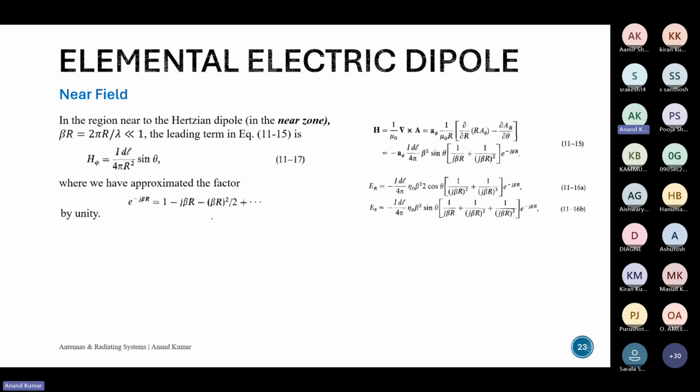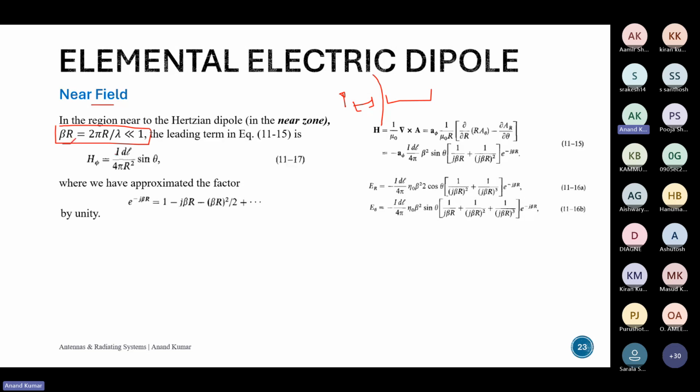So we'll discuss near field and far field very quickly. Okay. So as the name says, if you have an antenna over here, we can draw a boundary based on certain conditions and call the near field as near field and the far field as far field. Very literal. So near field is near to the antenna, far field is far from the antenna. How do we define this near and far term? It is basically this expression over here. So if you have your beta r, which is equal to 2 pi r by lambda, this is less than 1.